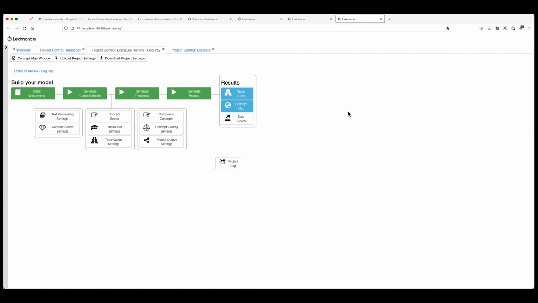Just a comment, I'm sure Andrew's gone really in depth with the literature review today, but these principles can be used for transcripts, survey data, all different situations you might find yourself in with data. So Leximancer is very universal, it doesn't discriminate what type the data set is, but there are particular things that you do for a literature review, which we've gone through today.